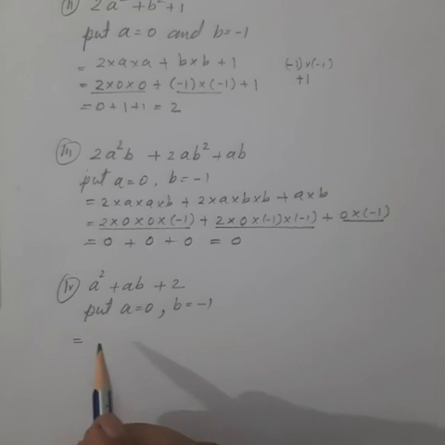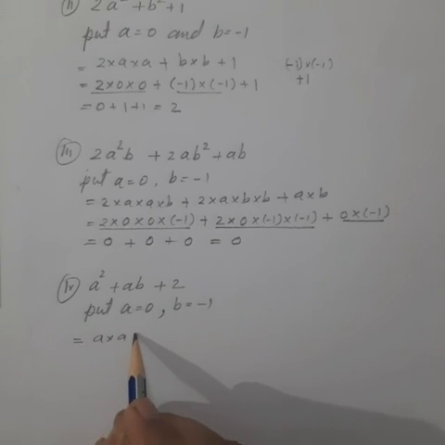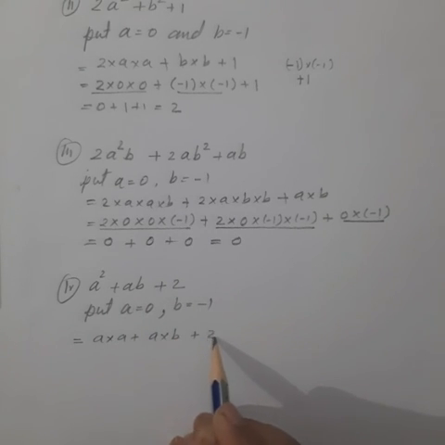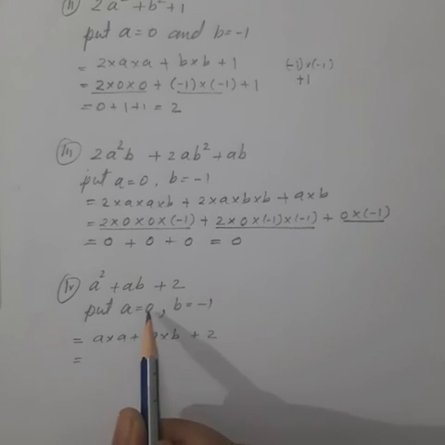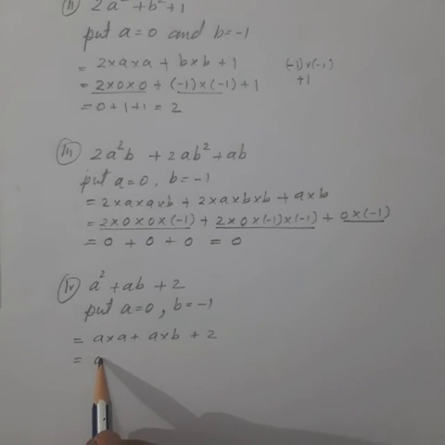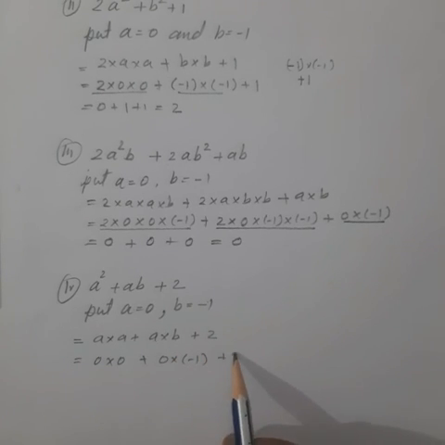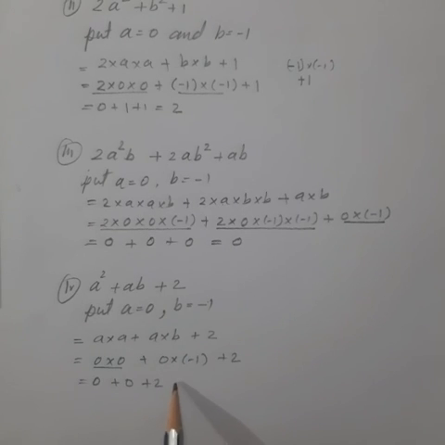Fourth, a square means a into a plus ab means a into b plus 2. Put 0 at the place of a. 0 into 0 plus a is 0 into b. B is minus 1 plus 2. Here 0 into 0 is 0. Any number multiplied by 0 is 0 plus 2. And 0 plus 0 plus 2 is